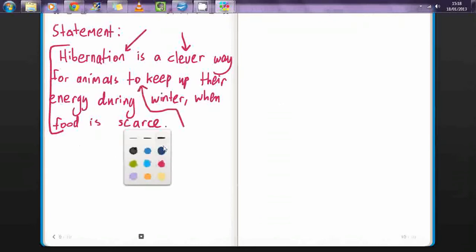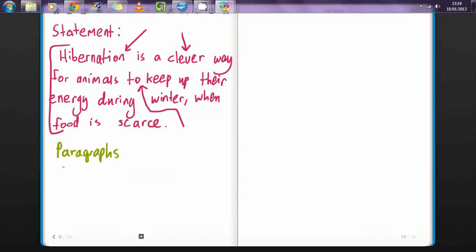Okay, so now we're going to talk about something else. The statement begins it, but explanations are much more than just the statement. They need to be put in paragraphs. The first paragraph introduces the topic. It will include this statement, but it will also include what you're going to talk about next. For example, you could say